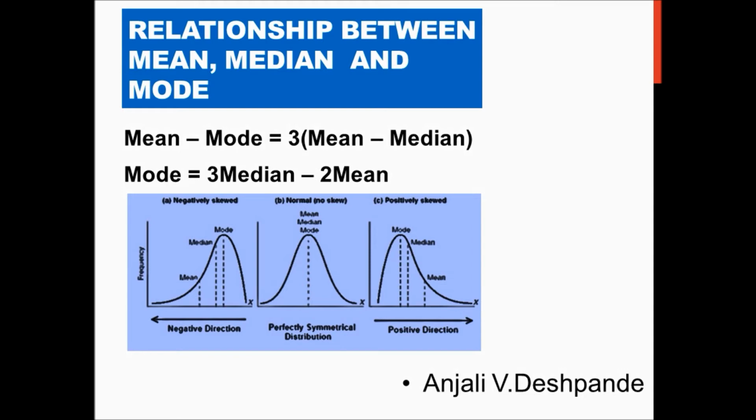Now supposing most of the values of the observations in the distribution fall to the right of the mode, then the distribution is said to be skewed to the right, or positively skewed. But if the distribution is skewed negatively, that is towards the left, that means most of the values are to the left of the mode. In both these cases, the relationship in order of magnitude is like this: mean greater than median greater than mode. This shows a positive skew. Whereas if mean is less than median is less than mode, then this shows a negative skew of the data.